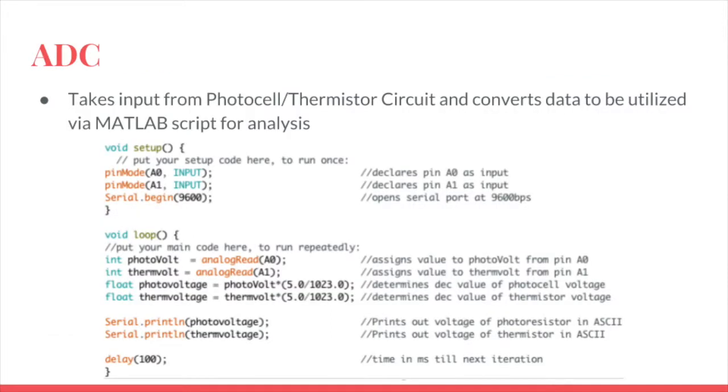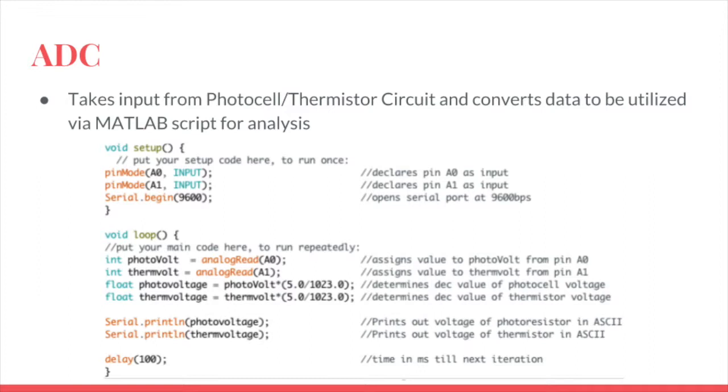For the ADC, it takes input from the photocell and thermistor circuit and converts the data to be utilized via MATLAB script for analysis. So in the code you see here, it takes readings from pins A0 and A1 on the Arduino, and then the code uses conversions to convert that analog signal into digital values ready to be used